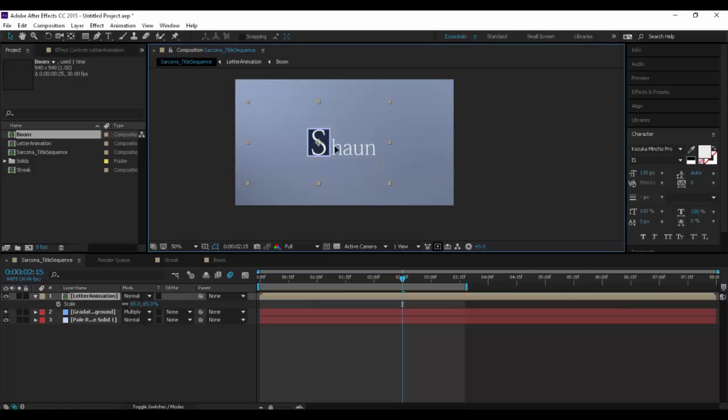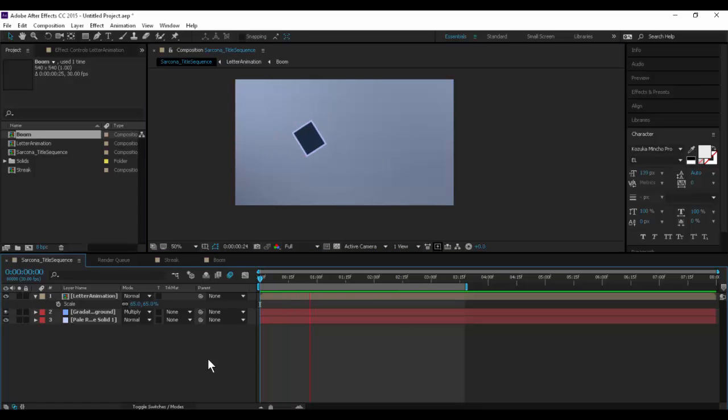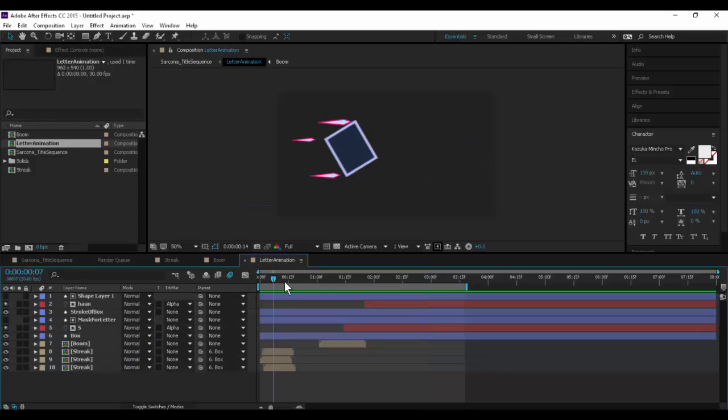And I can scoot it over again because now it's smaller. There we go. Okay, now I didn't touch the backgrounds because I don't want to resize the backgrounds. The backgrounds are perfect the way they were. I just want to take that whole animation and adjust it. If I need to tweak the animation, I can jump back to my letter animation and tweak anything I need